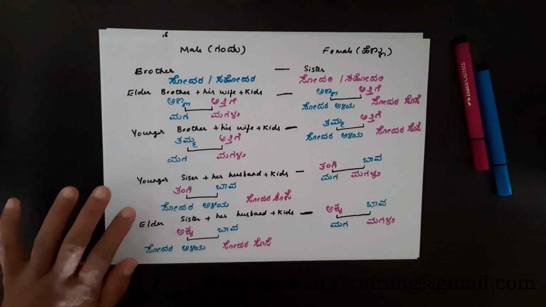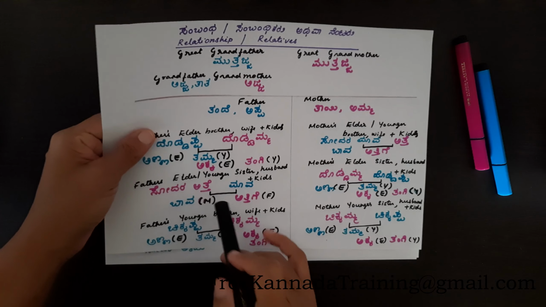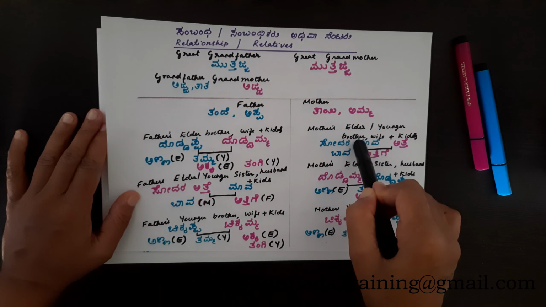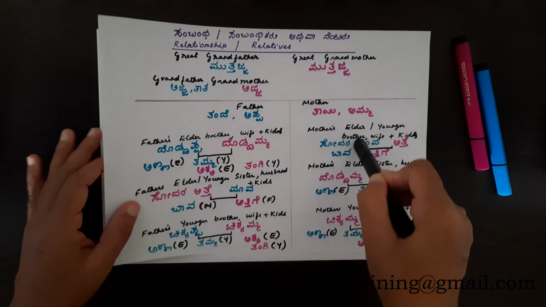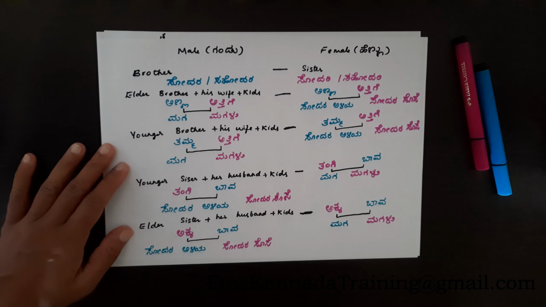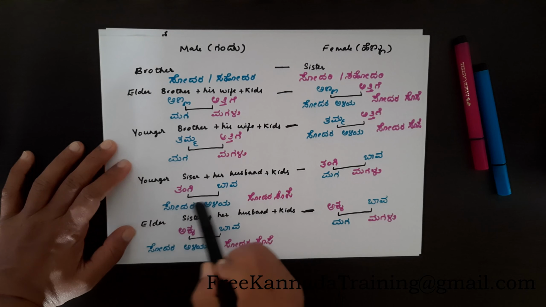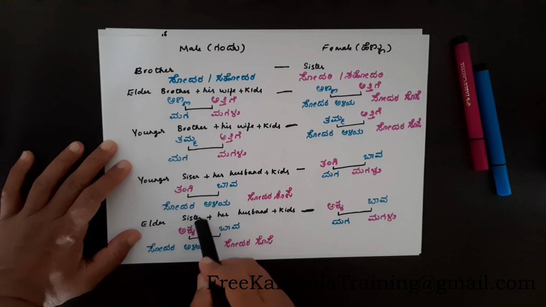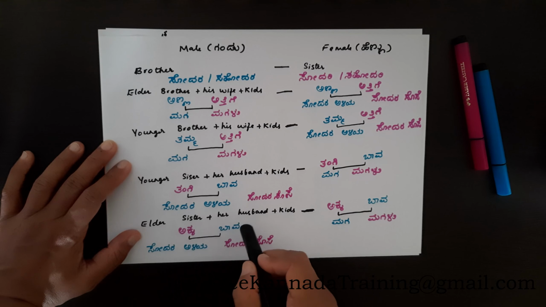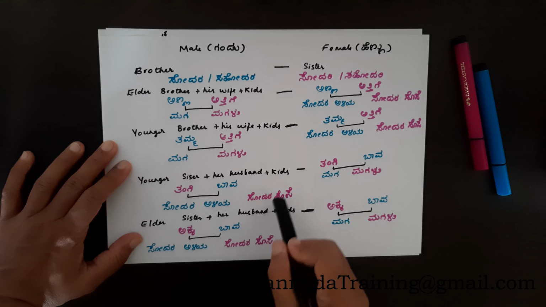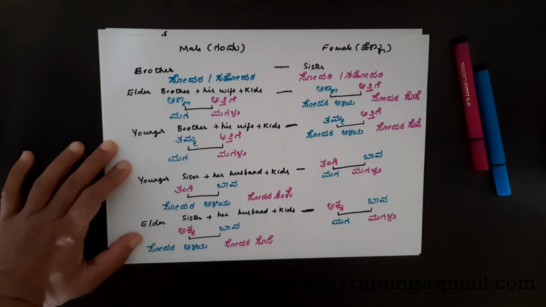Sodara Maava. You will be Sodara Maava for your sister's kids. So, they will be Sodara Aliya and Sodara Sose for you, same as elder sister. Elder sister is Akka and her spouse will be Bava, and their kids will be Sodara Aliya and Sodara Sose